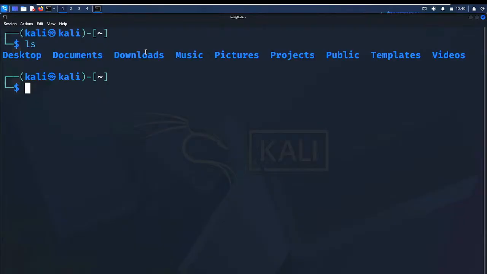On a Linux system, I don't call it a folder. We call it directories. In Windows, we say desktop folder, downloads folder, and all. But as a cybersecurity professional, you don't call it a folder, you call it directories. Is it clear? So don't mind when I say directory. So let me minimize this.